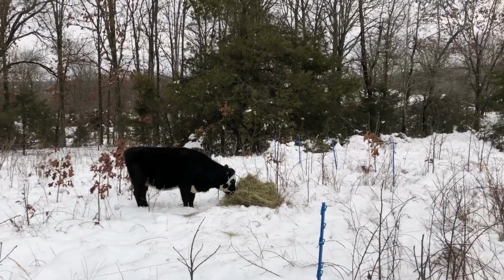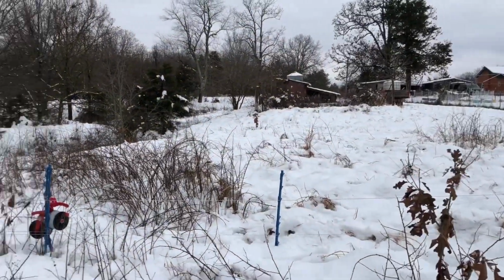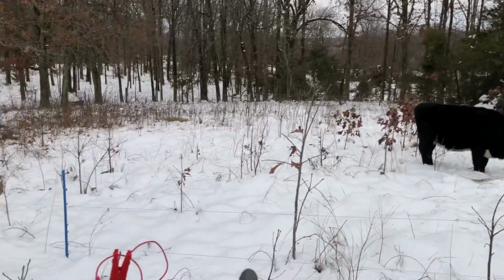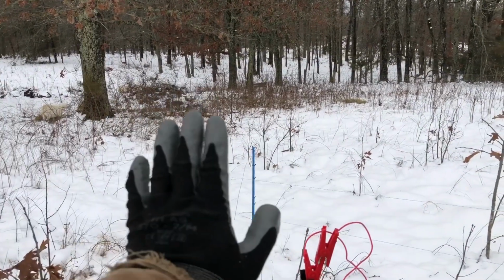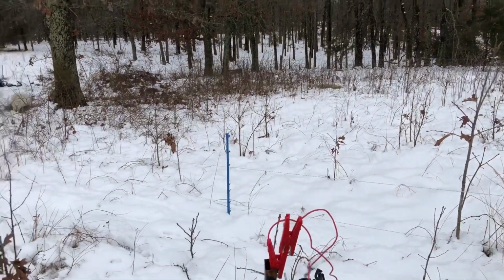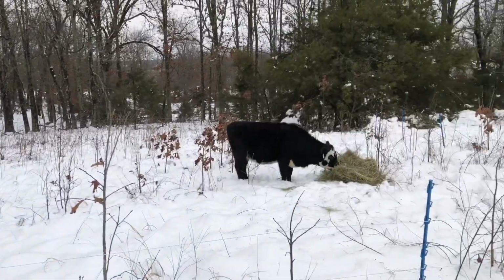So today I'm out here and I got all the wire freed up. So everything's up out of the snow again. All the weeds and stuff, any blades of grass or anything that were up next to the wire and got loaded with snow, they bent down and sagged down the wire. So it was amazing how thoroughly that was down. But